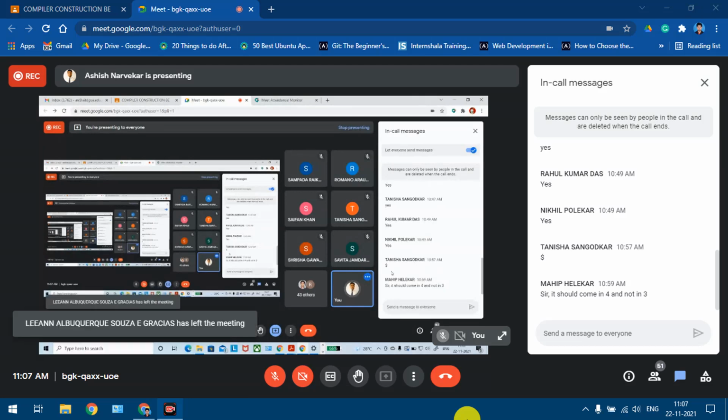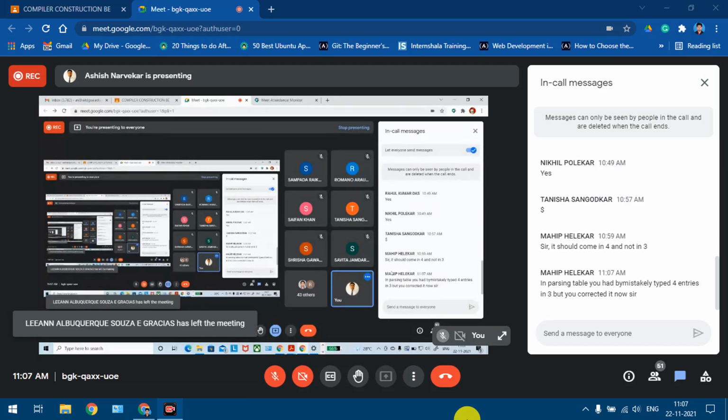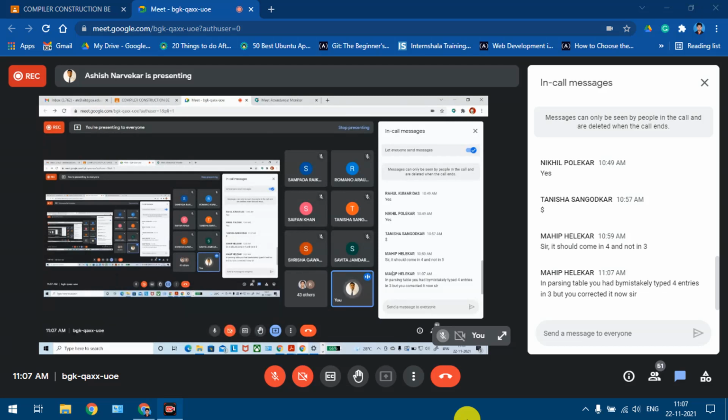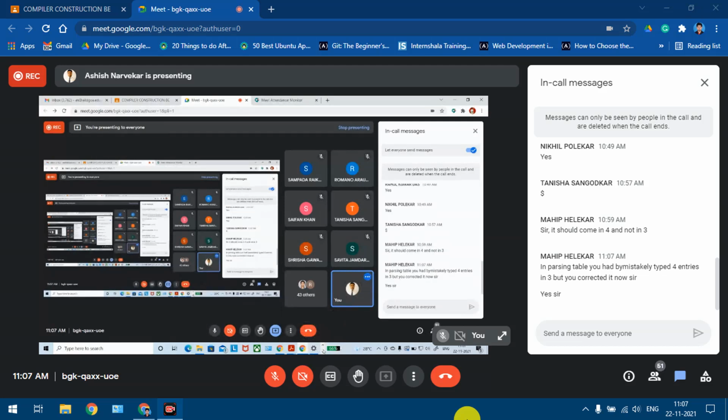In 4, I don't think there is any final item, right? In the parsing table, you had typed 4 entries in 3, but okay. So now it is fine, right? Okay, fine.